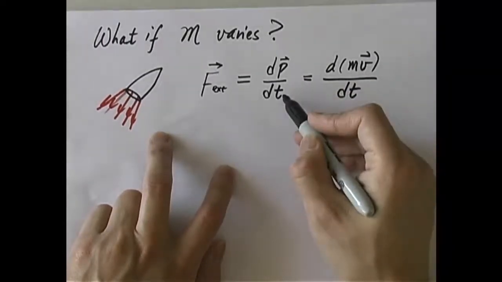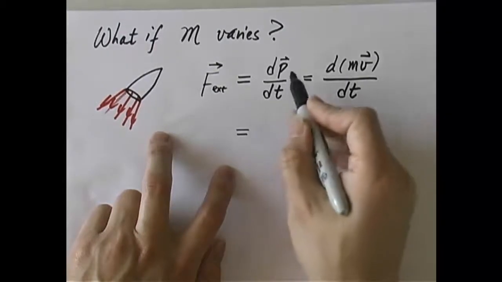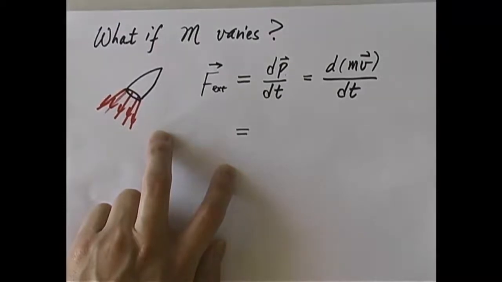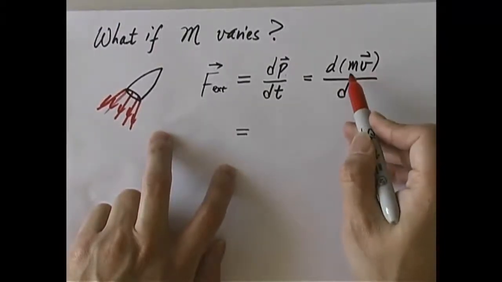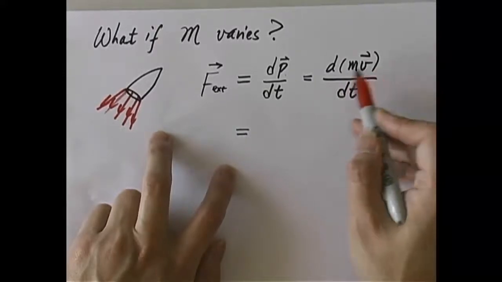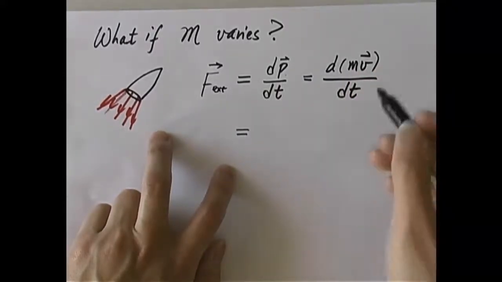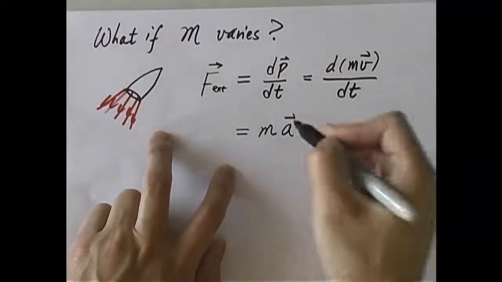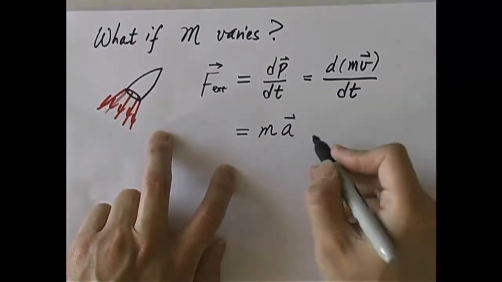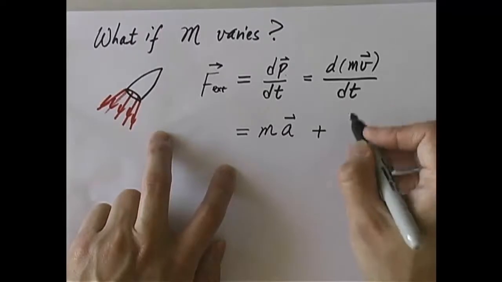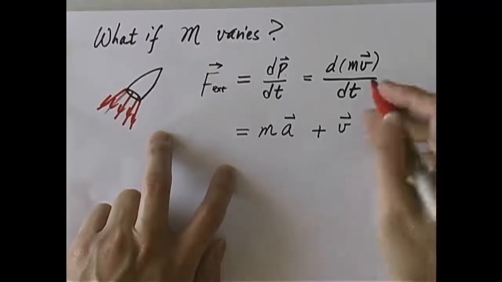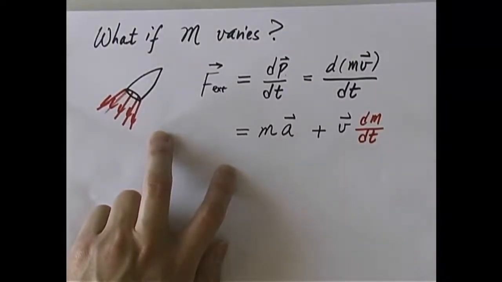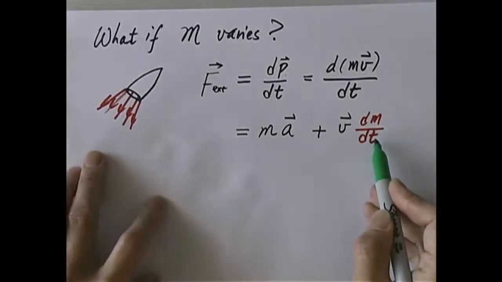It turns out dp dt is still equal to F. But when you write F equals dp dt, with p equals mv, you must consider the fact that m changes. So it's like d dt of ab, right? How do you do that? It's a dv dt plus b da dt. Remember the calculus formula? So the first term is simple. I take that m out, I get dv dt, which is a. It's just F equals ma. But there is a second term now. And what's that? That's v dm dt. This is the term that only exists when there is a changing mass, dm dt.